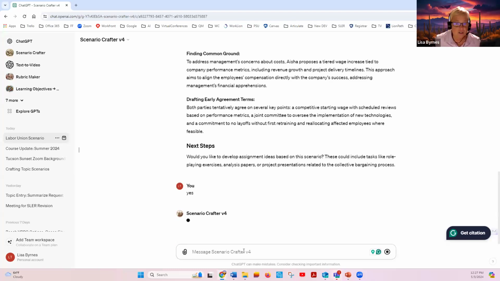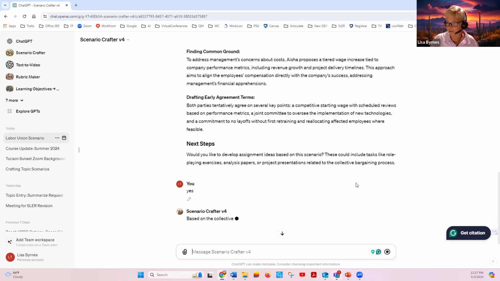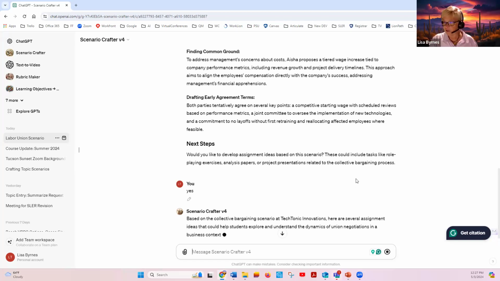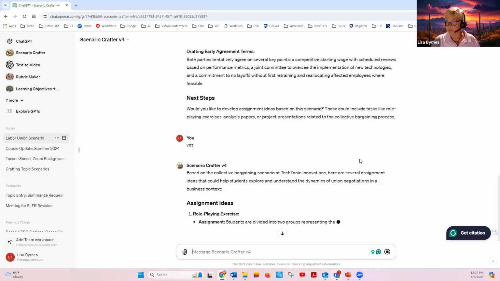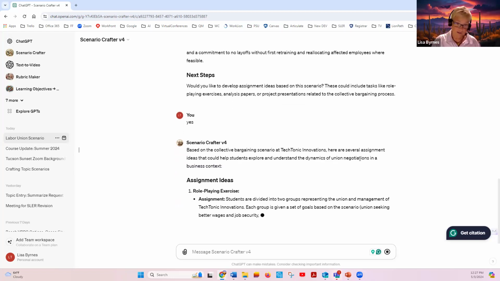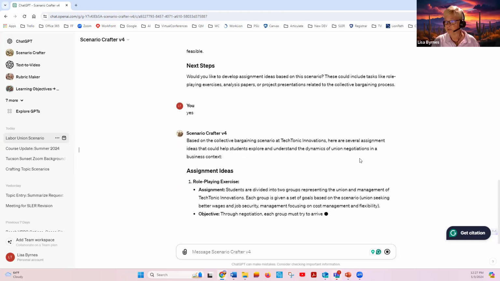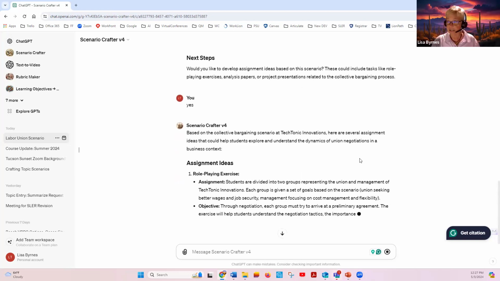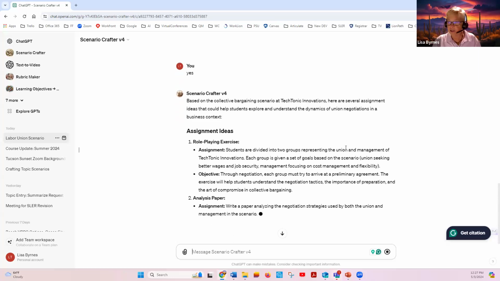And now it's going to create a variety of assignments. When it lists these assignments, we'll see how it's feeling on a Friday, because when I did this yesterday, it felt a little bit differently than it does now. So here it's going to start off. It's going to give us some assignments. So we have role-playing assignments, and it gives us a brief description and the objective for each assignment. So there's a variety of assignments, and we could choose one of these, we could choose all of these, but